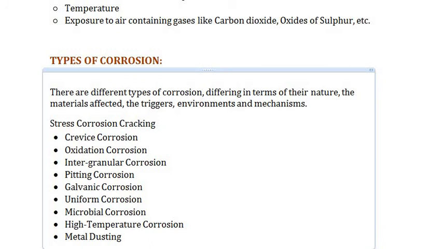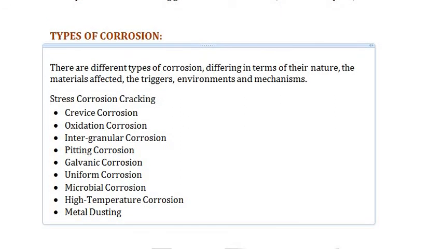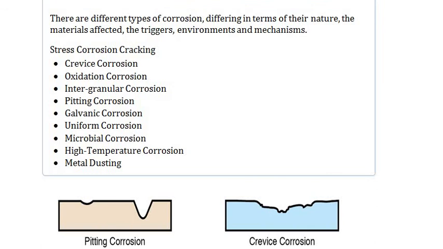Next, we have metal dusting, and it's one of the damaging forms of corrosion that occurs when vulnerable materials are exposed to certain environments with high carbon activities, such as synthesis gas. This results in the breaking up of the metal to form a kind of dust, which is why it is called metal dusting. So here I am going to stop and show you some images of some types